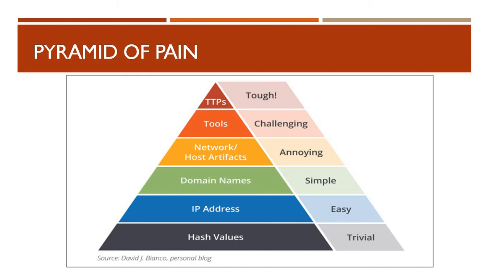So when you detect or respond at this level of the pyramid of pain, you're not dealing with any kind of tools against the attacker, but directly with the behavior of how an adversary behaves. So that's how the pyramid of pain works. The lower levels are much more trivial or easy jobs, but as you move toward the top of the pyramid, the task gets more and more painful for us.